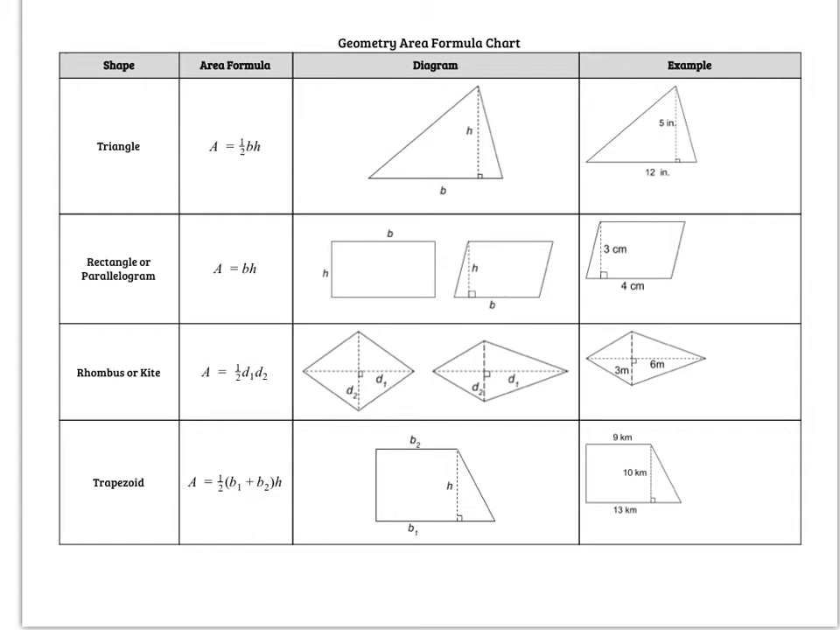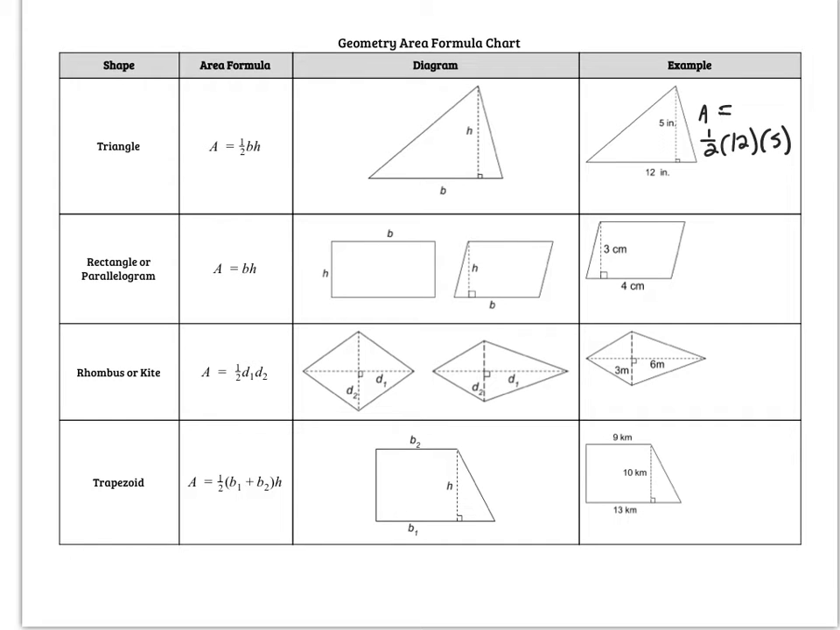This formula chart just reviews how to find the area of some of the shapes that you might see when finding the area of composite shapes. First here we have a triangle. It says that the area is equal to 1/2 times the base times the height. So in our example here, our area is going to equal 1/2 times our base of 12 times our height